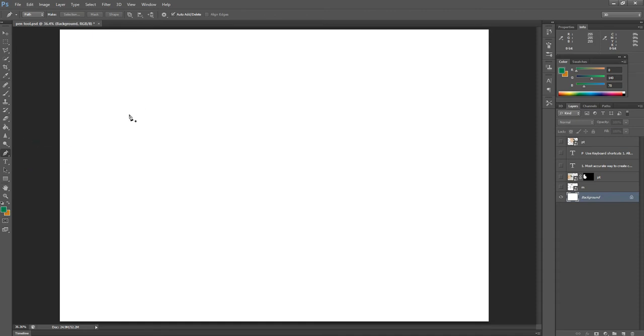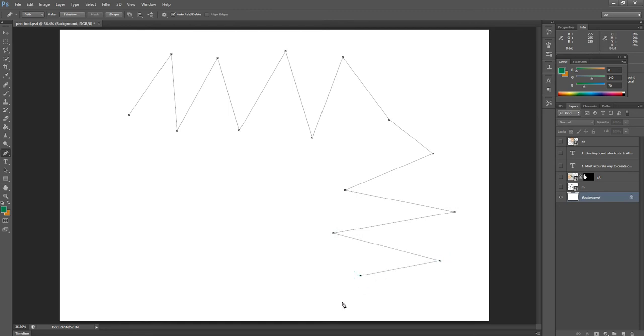We just click on one place, then click on a second place like this. We can make any kind of path like this selection. If we want to select this kind of path, we can make it very easily in Photoshop through the pen tool. This kind of selection is difficult otherwise, but with the pen tool we can make it easily. This selection is being made on the background layer.